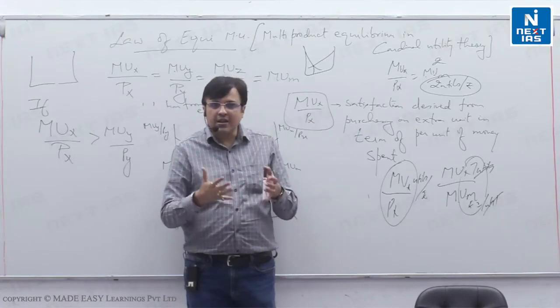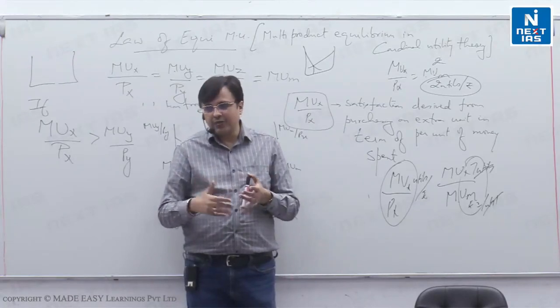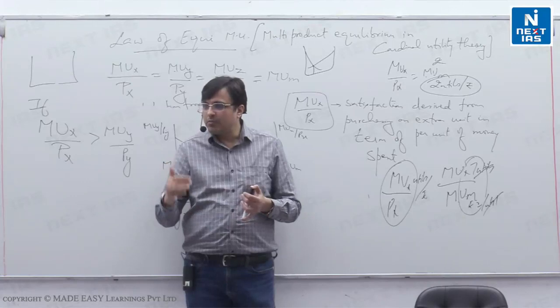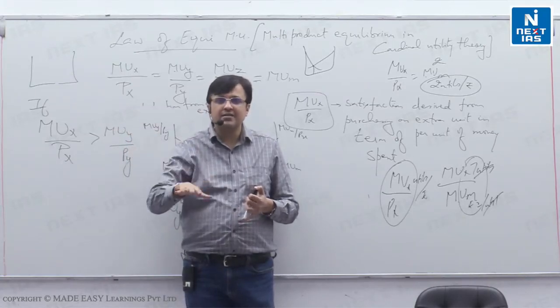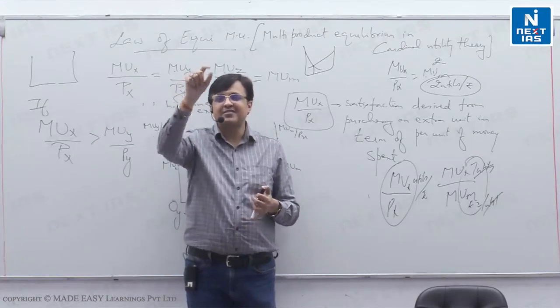When your satisfaction derived from a commodity is high, you are willing to pay more for it, but you will more easily buy that commodity if satisfaction derived from money is